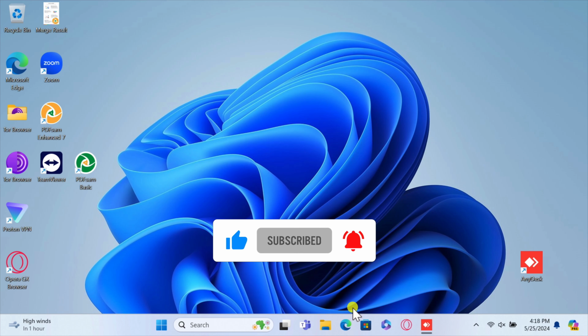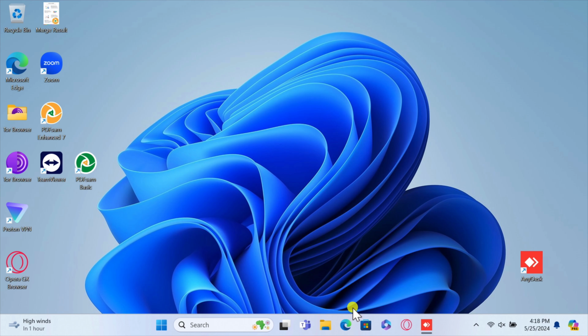Now let's see how to remove audio from video on Windows using VLC. VLC is a versatile, free tool that makes this process simple and quick, so you don't have to pay anything for using this tool. If you don't already have VLC Media Player installed on your computer, we need to go to the official VLC website.